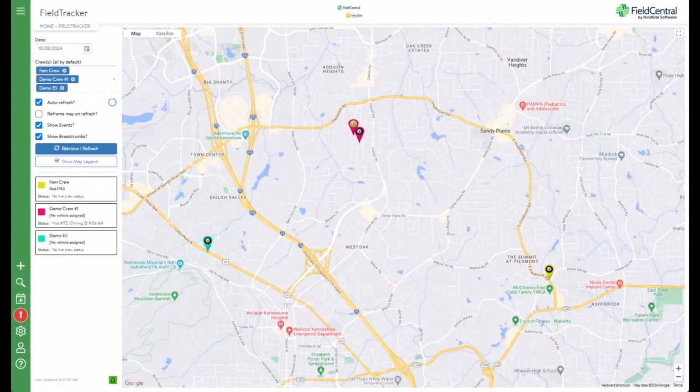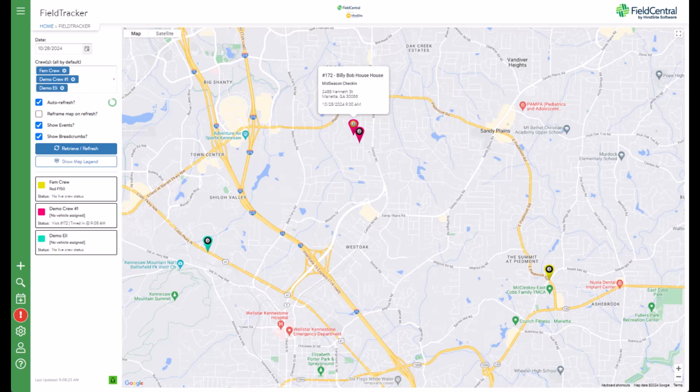If you do not yet have Field Central Tracker, you will still get to see your crew's visits displayed on the map as pins and the colors that correspond to the crew's color identified on the left panel. Same as Field Central Tracker users, you will also be able to view the most recent visit status displayed within the crew block and within the inner color of the pin. Additional information about visits is still available when you hover over the pin.